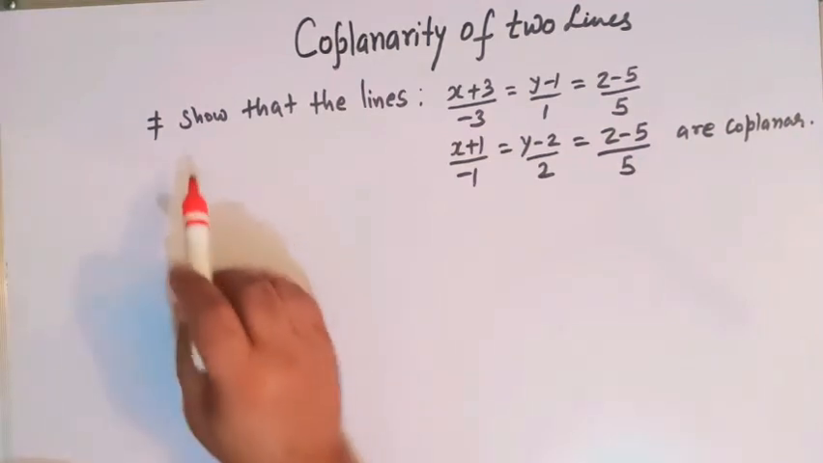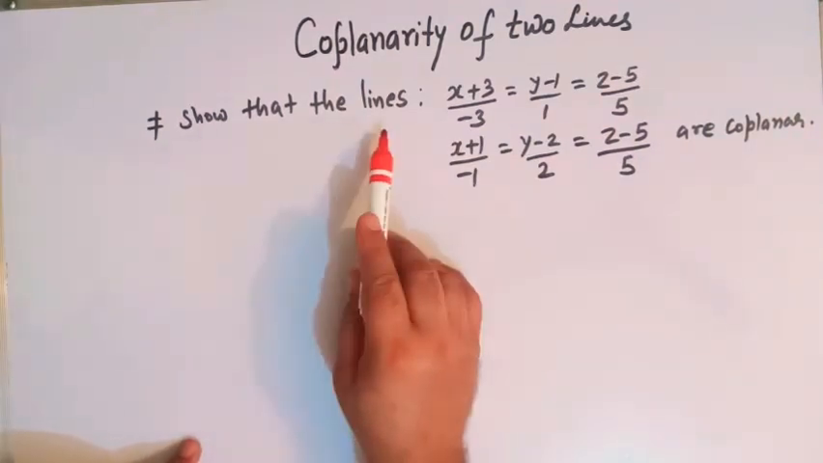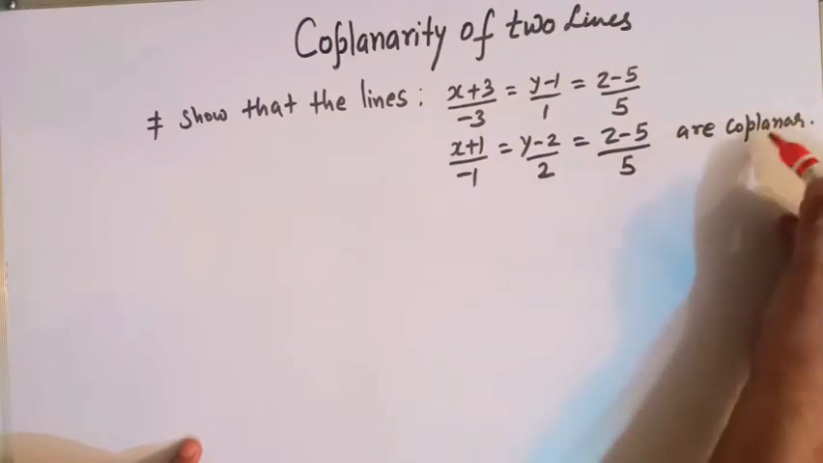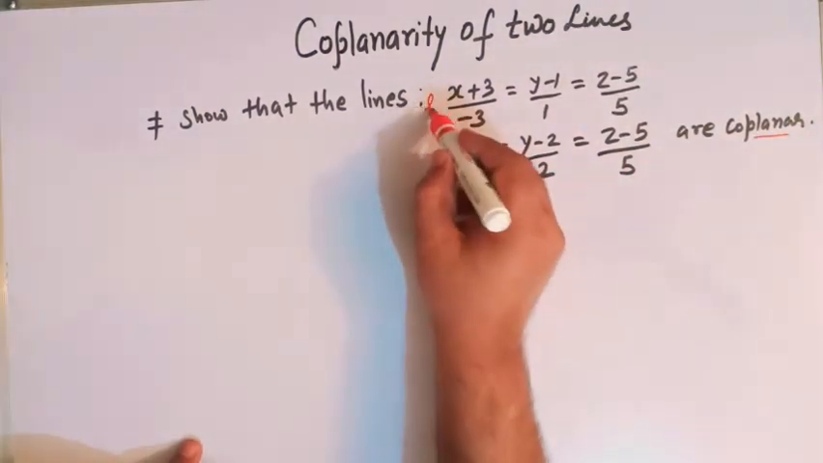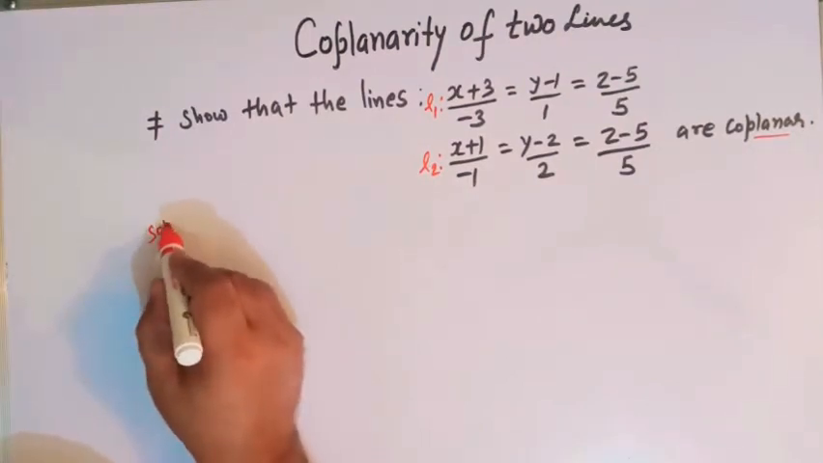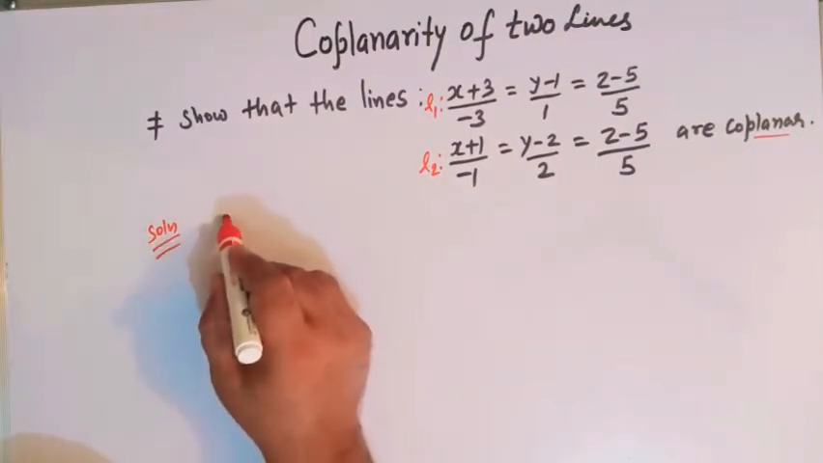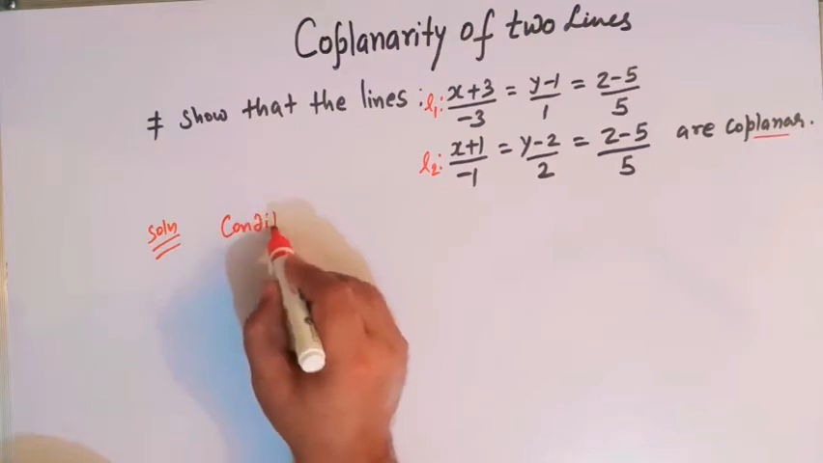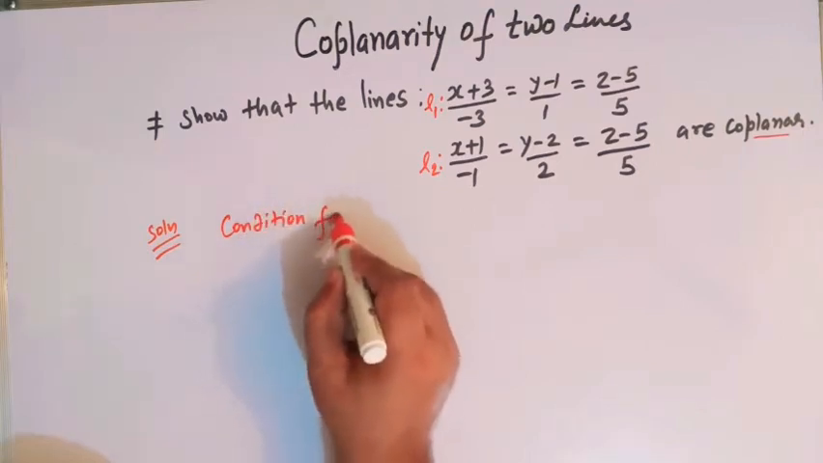Now viewers, let us take this problem. Here we have to show that these two lines are coplanar. So this is line L1, this is line L2, and we know that the condition for coplanarity